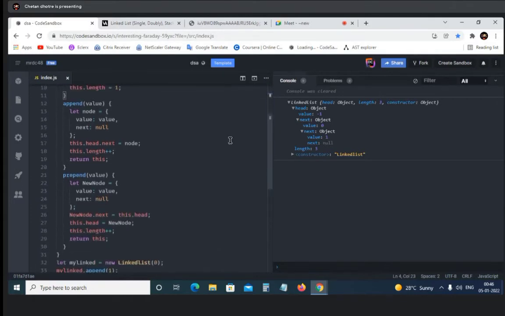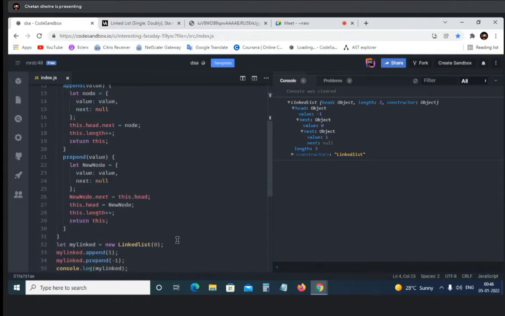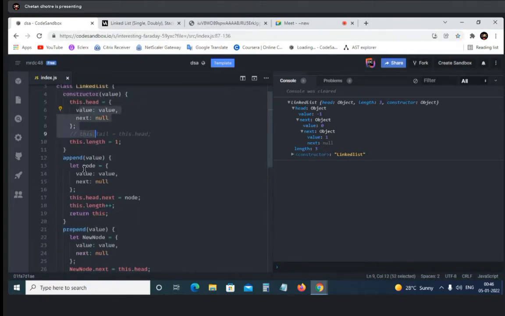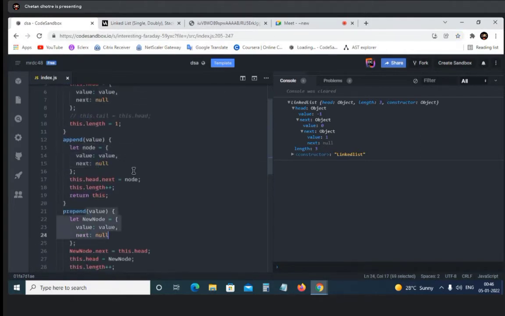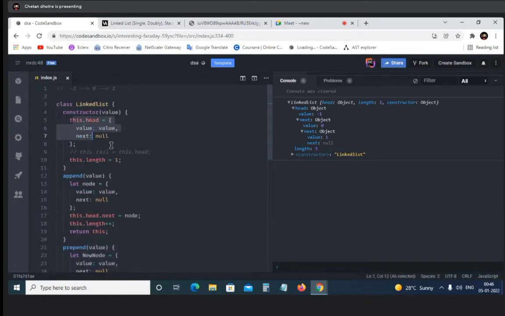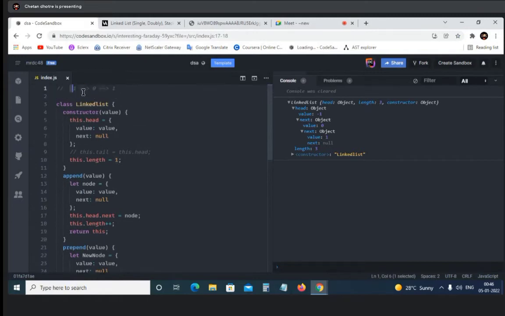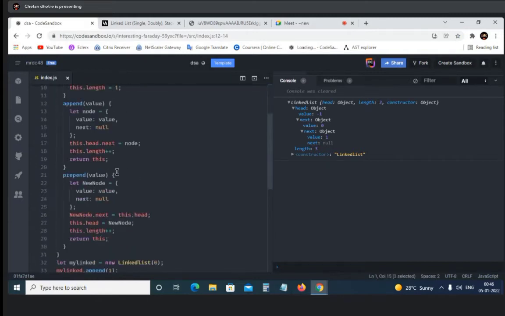Okay, if you haven't understood, let me go through it again. We have created three objects: first, second, and third. The first object, which is the head object, references the appended object. That means 0 is referencing 1, and -1 is referring to 0. Same thing with the prepend.